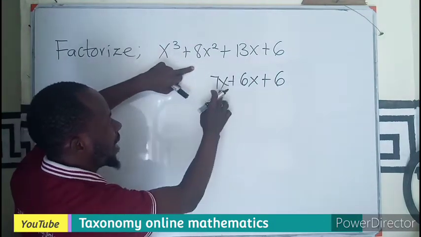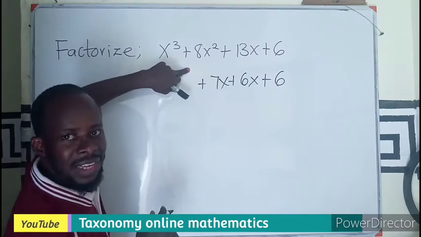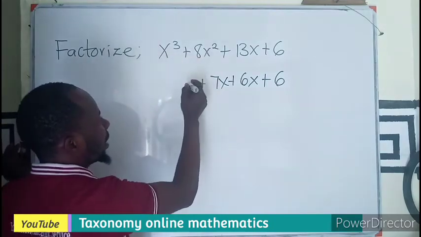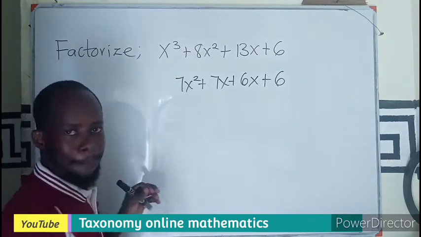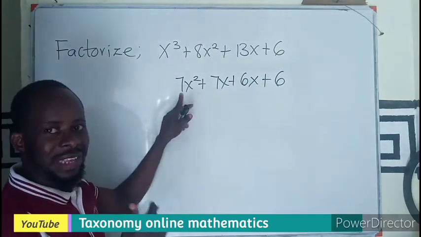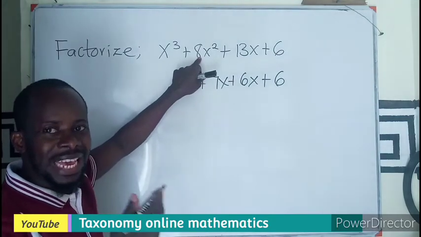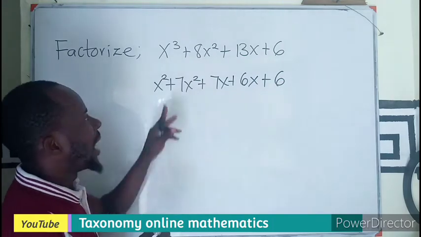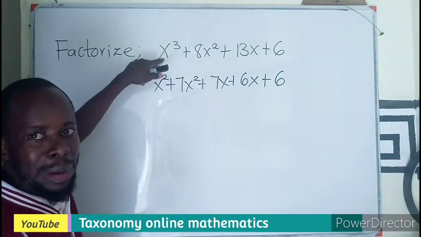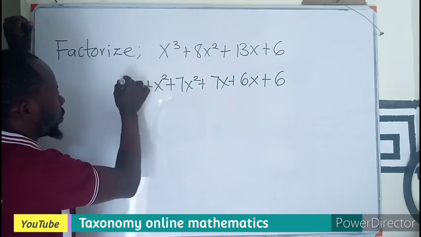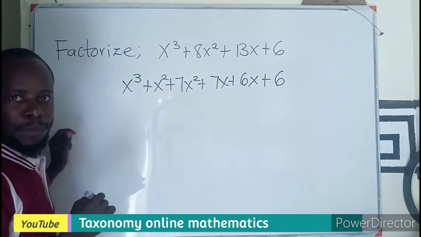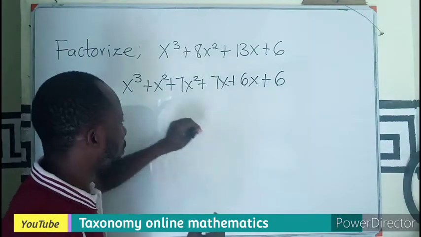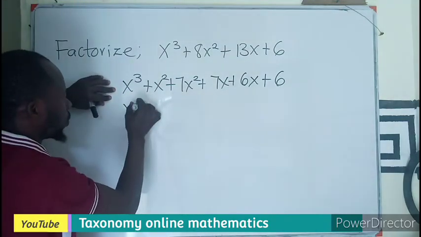Alright, so now that I'm having 7x, I also need 7 to be in the next number. So that will be 7x squared. 7x squared plus x squared will give me my 8x squared. So here I have plus x squared, and nothing to do. This is the only power of 3, so I introduce x to the power 3. If you check, we have 1, 2, 3, 4, 5, 6 terms. So we can group the first two